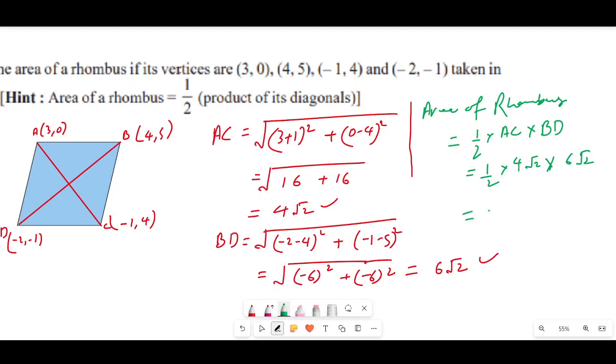Then 2 into 4 into 6 into root 2 into root 2. Then 4 8s are 32, 8 6s are 48 and root 2 into root 2 will be 2. Then we can say that it is 96. So the area of the rhombus is